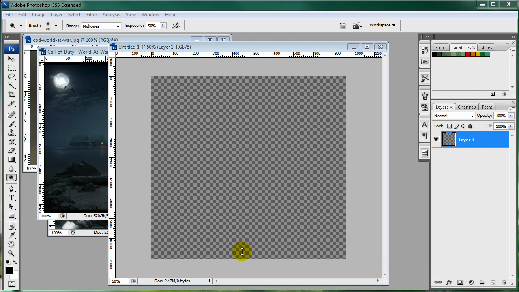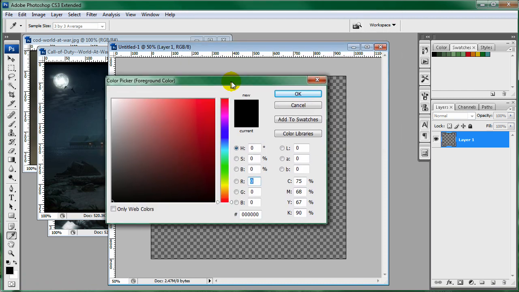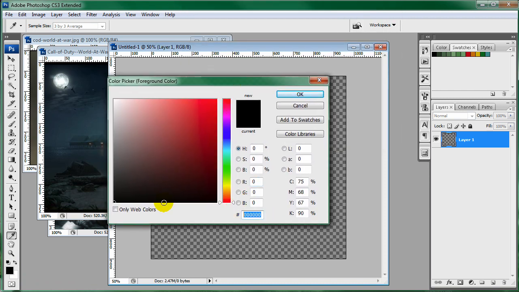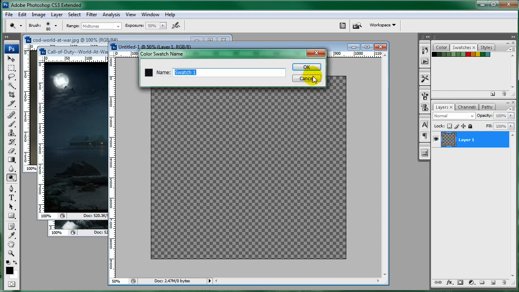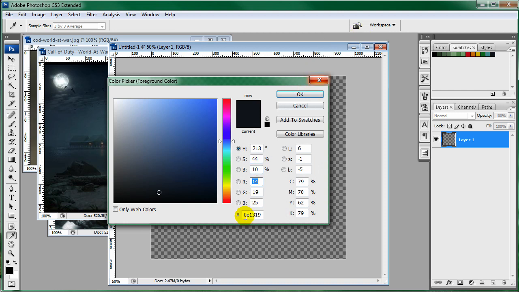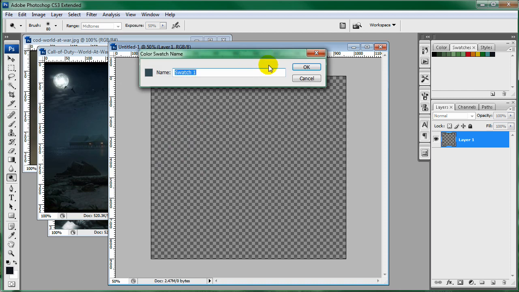Alright, now I like to start off with a gradient background, so I'm going to just type in these colors that I picked earlier, and it's going to be a dark blue at first. Okay, I'm going to add it to my swatches, and dark. Okay, and then I'm going to make a light blue. I'll just click OK, come down here and make a light blue, which is this. And you don't have to use these, it's just what I like. And we'll call it